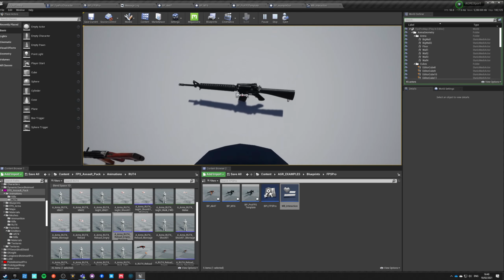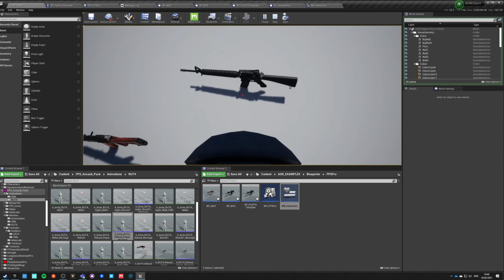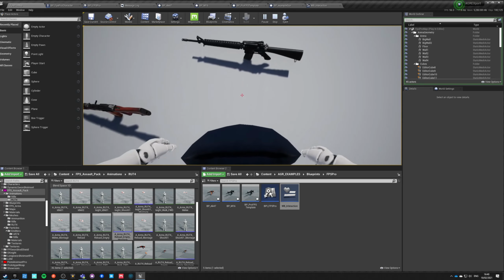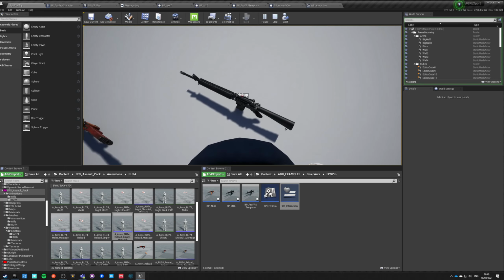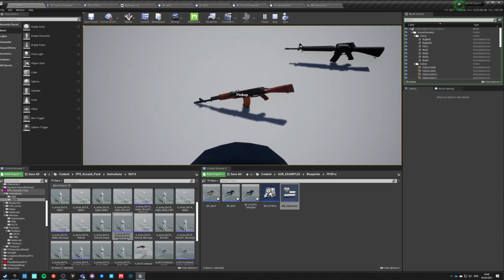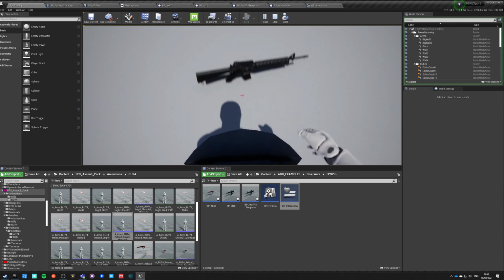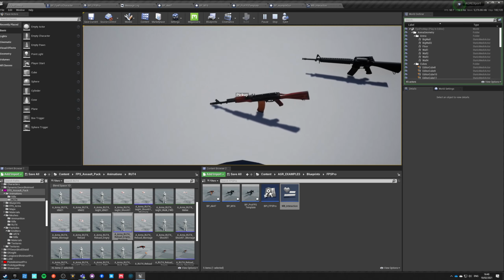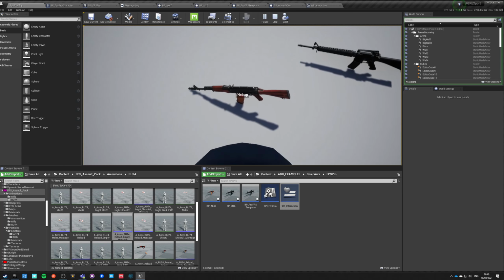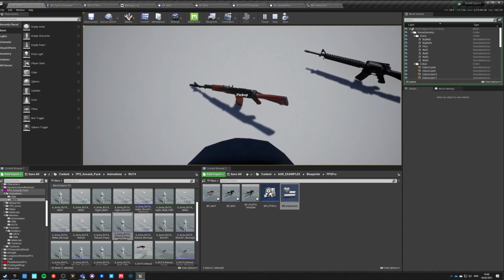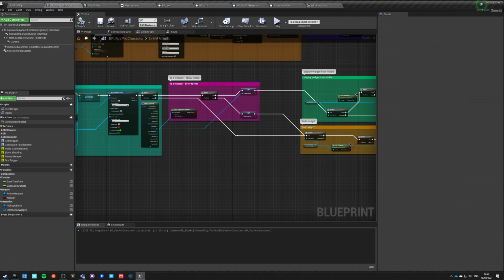Okay, that's cool. So we can pick it up. Now, when we cannot pick it up, if someone else picked it up, but this will be the next step. For now, we just got those weapons and we want to be able to pick them up. So if I press E or F or something, I want it to be picked. So let's say F on the F button.